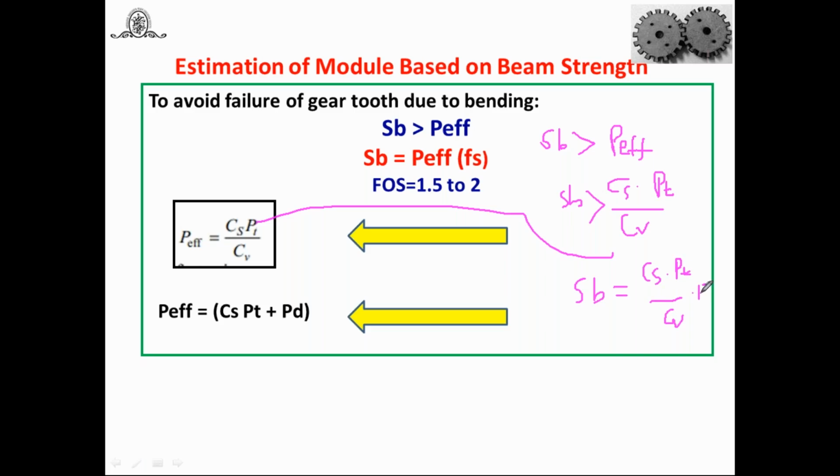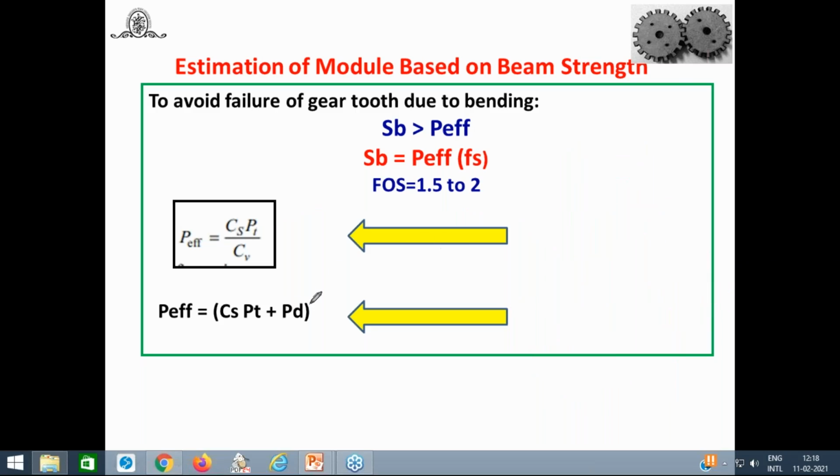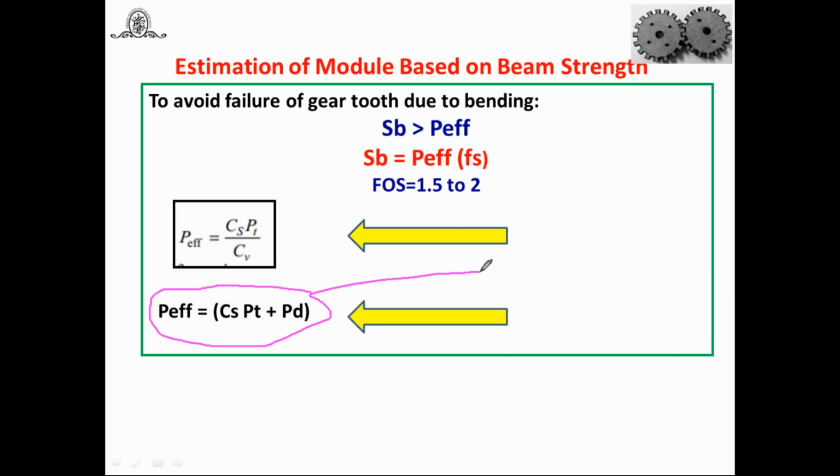into FOS. And here you can use all the values, in SB meaning M into B into sigma B into Y. Where you will get M is equal to something, or sometimes if you know the M, you can find out the FOS, and this determined FOS should be less than the application FOS. This is one approach. And if anyone asks you to design the gear by using the precise calculation method or Buckingham equation, you are going to write SB is equal to P effective into FOS. This is the general equation for both the methods.